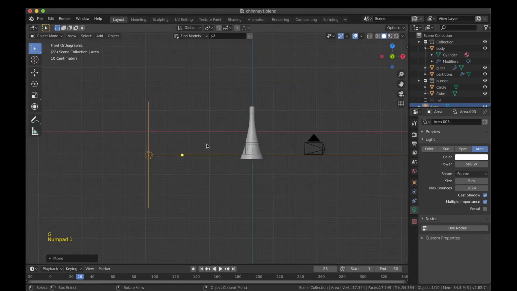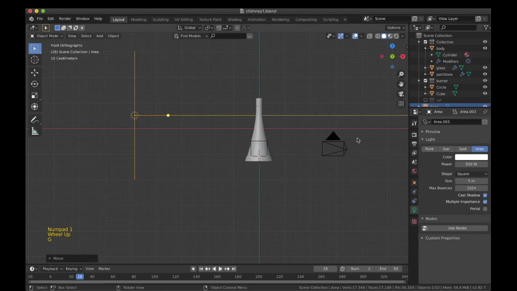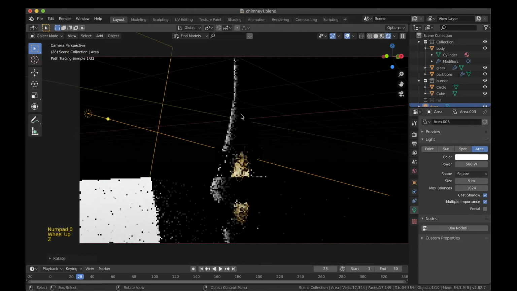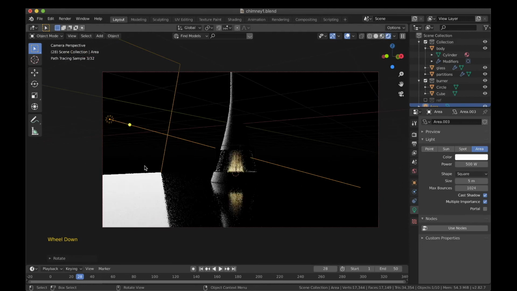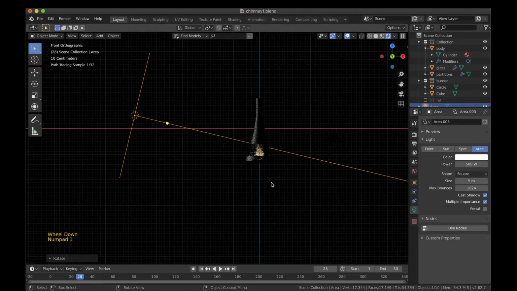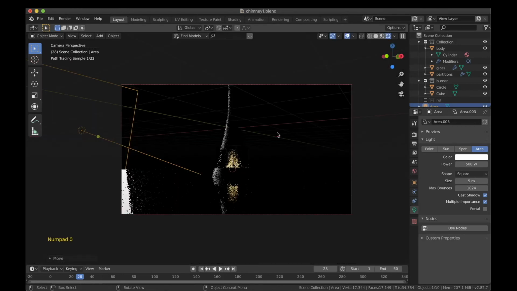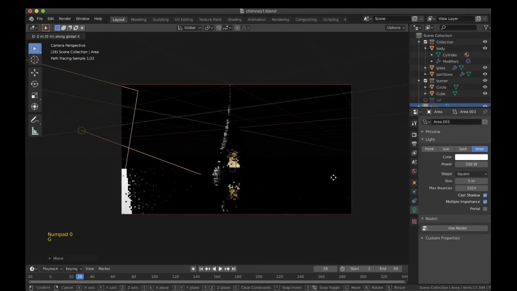I'll go to front view and over here I'll rotate it by some angle because we actually want some lighting on this edge over here on the left edge. So let's see how it looks in camera view. As you can see right now, the reflections of the light are also interfering with the render result. For that, what we can do is we can shift it. I'll go to the front view and press G, then press X, which will lock it to that particular axis and then move. G and then X again.